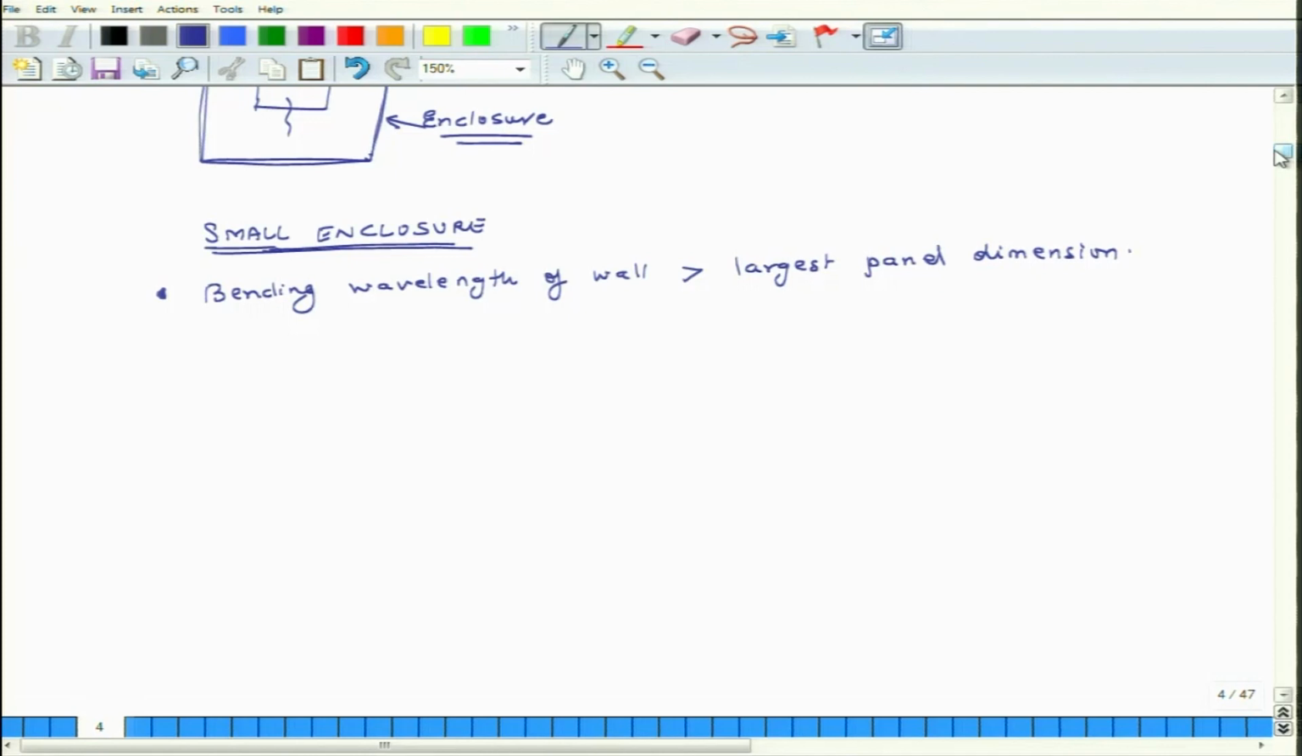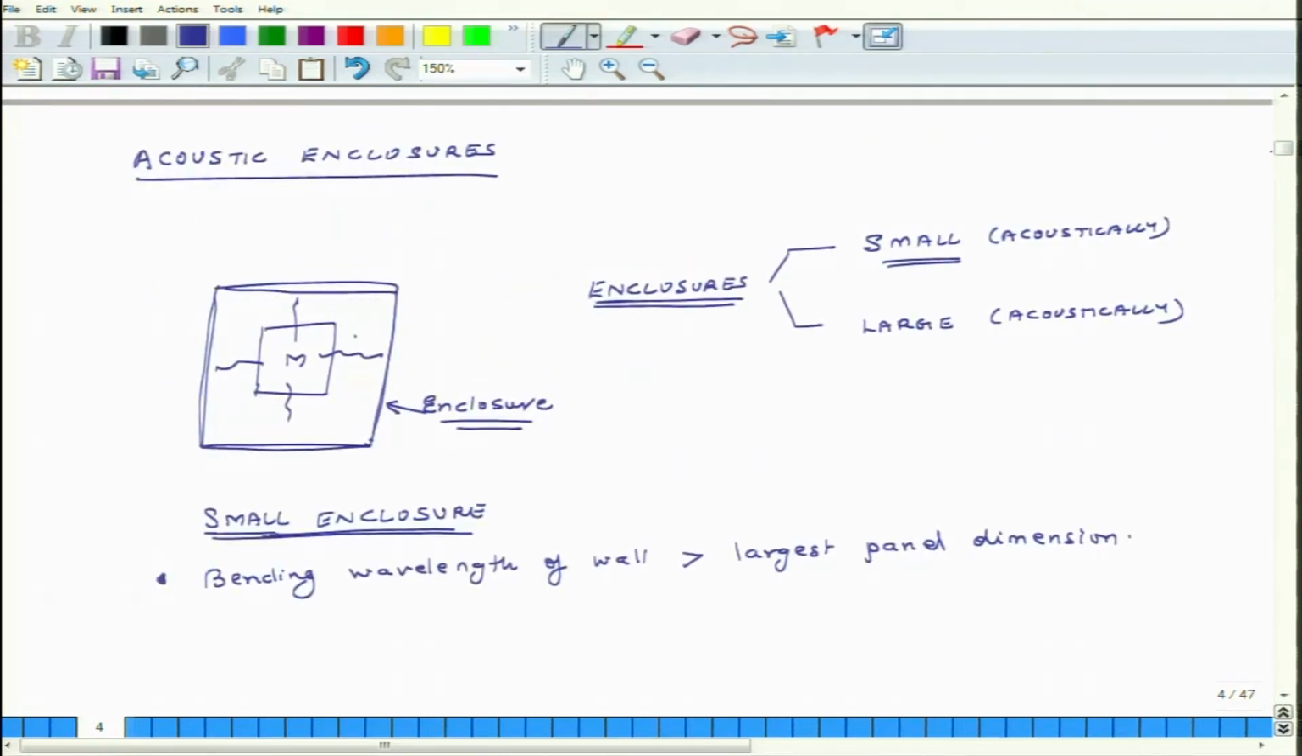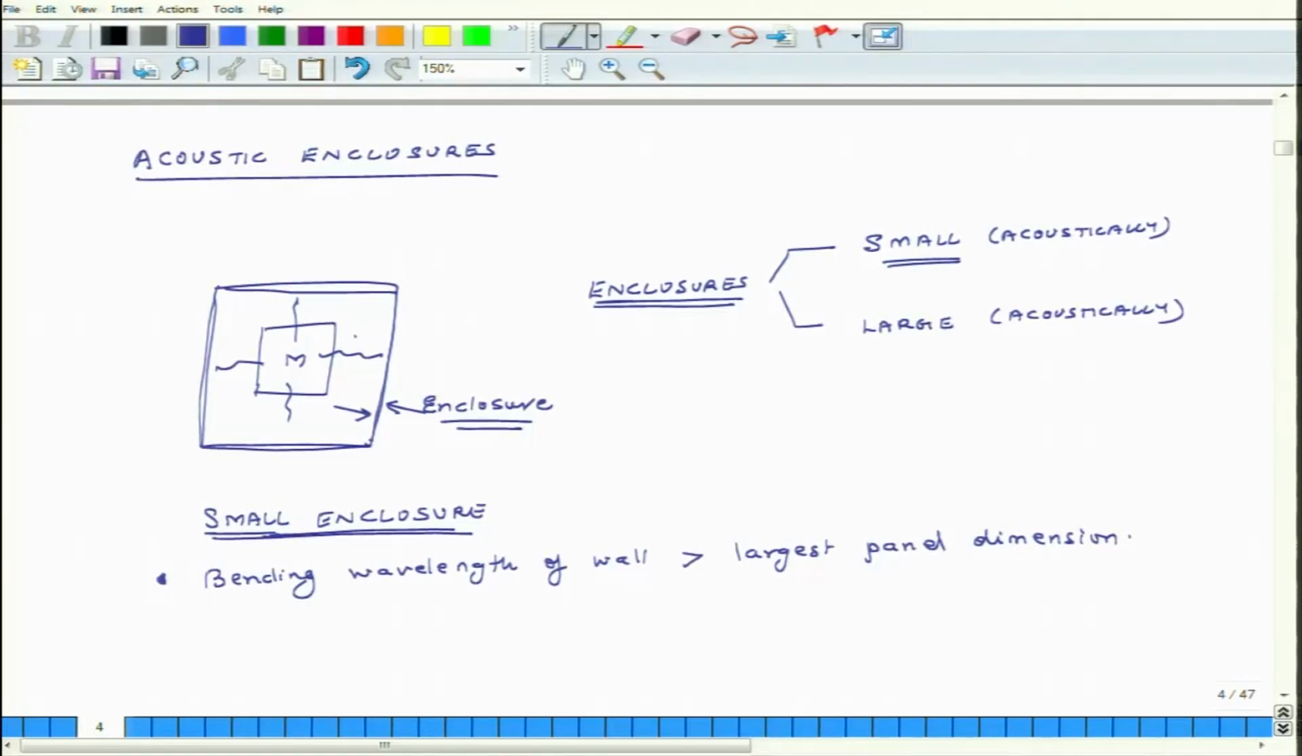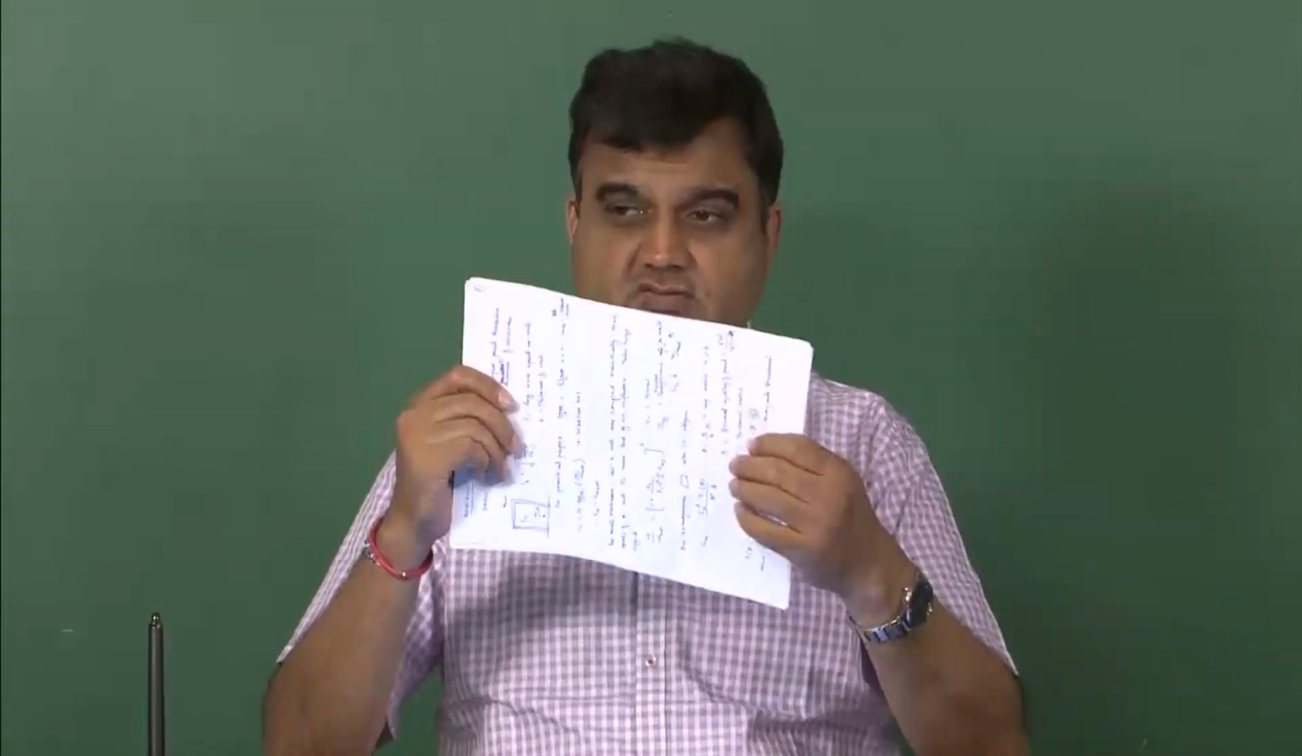So, what is the bending wavelength of the wall? This enclosure is made up of several walls. It could be a cubical box, or a box with 6 sides, or a sphere or a cylinder. But regardless, an enclosure will have walls, and when the noise from inside hits them, the walls will try to vibrate. When they vibrate, they will be bending. When something vibrates, it will not just move one way, it will also bend. So, the walls are going to bend, and this bending phenomenon is associated with